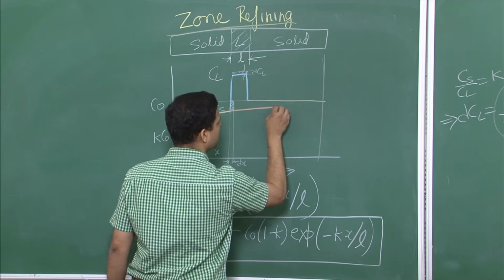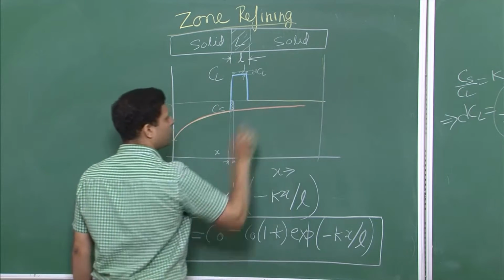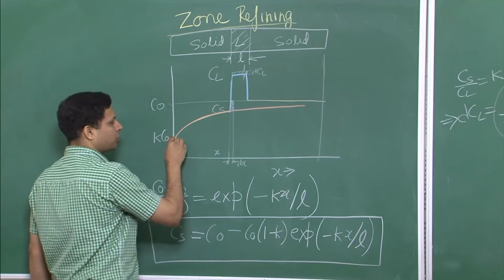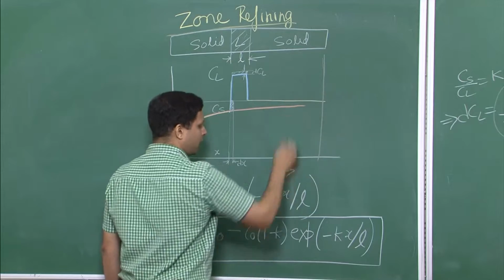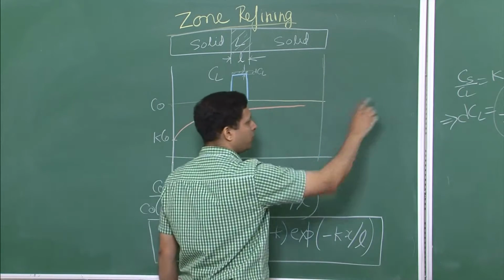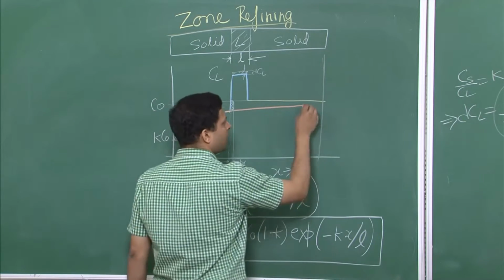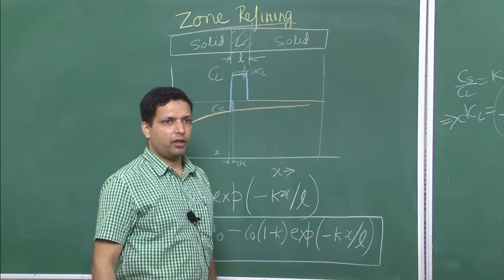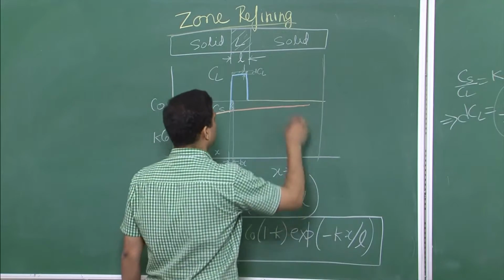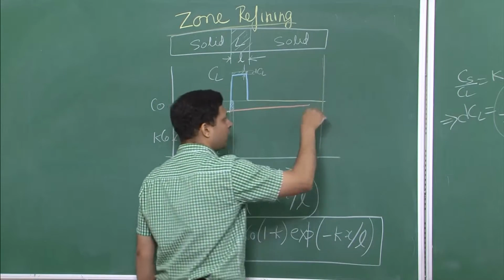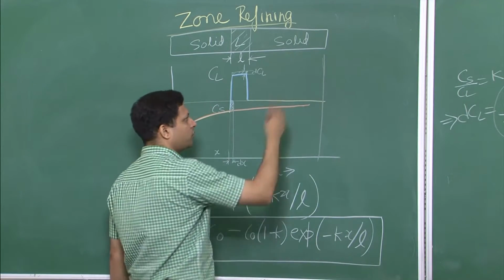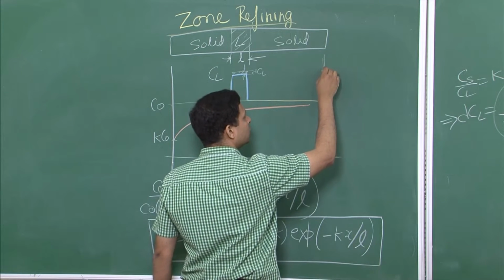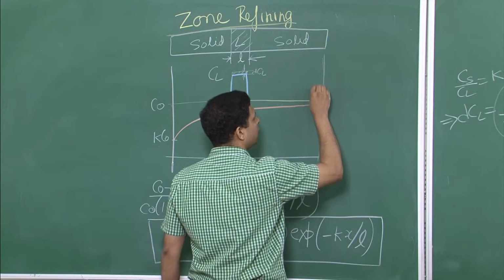This would look like something like this. It is all less than C naught. So this is the concentration of solid starting from x equal to 0 to some value of x, and if we go by this relation, it should keep going below C naught. But at some particular point, the concentration of the liquid will no more be C naught, basically there will not be enough liquid, and all the solutes will have reached that particular concentration. So it will start to solidify